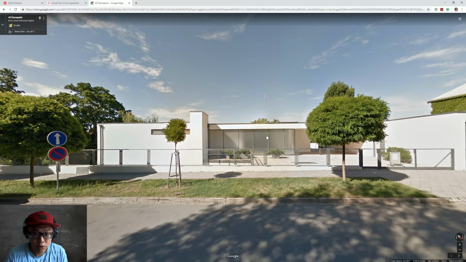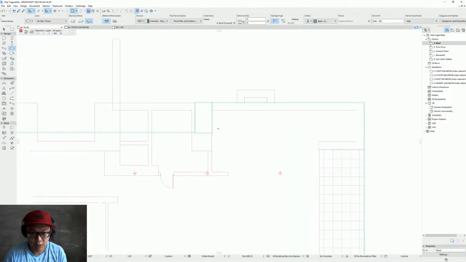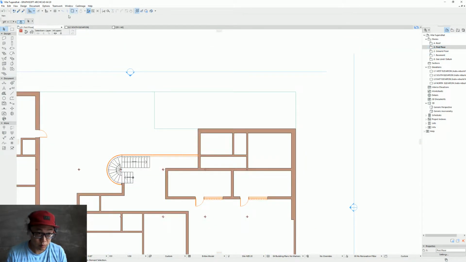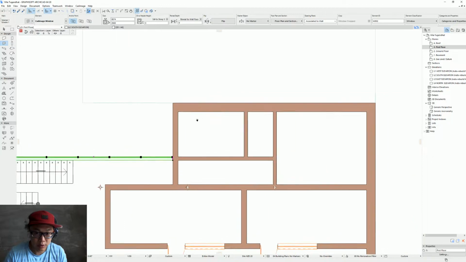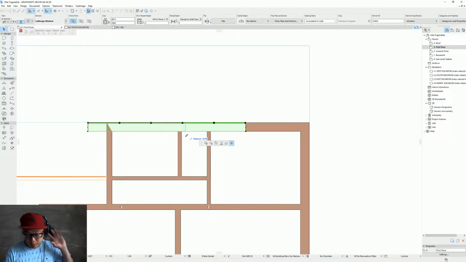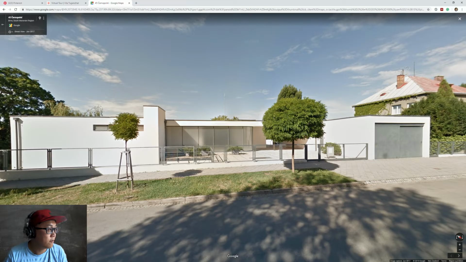Let's go back to our image, and now we need to add that window here. So it's about same size as this, so it's about 400. Come back here. So on the first floor, we can take this one, just removing the reference, and just going to take that window, select it, press Alt to get the properties. Now, it's not the correct size yet, but it's just to get a window into place. Just changing the length,